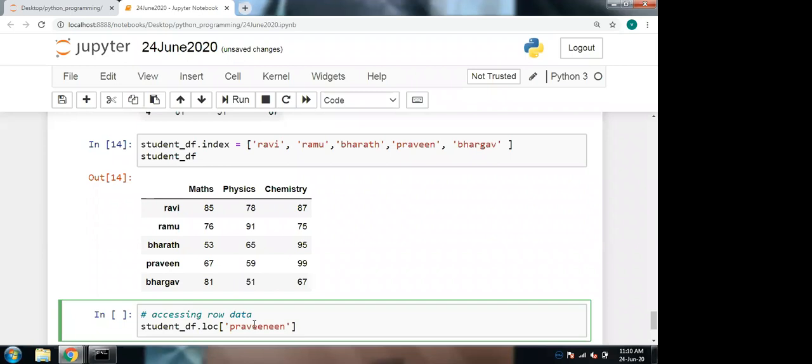So you will get the array of the Praveen row. The output you will get as an array.